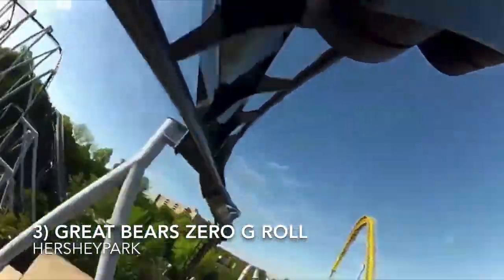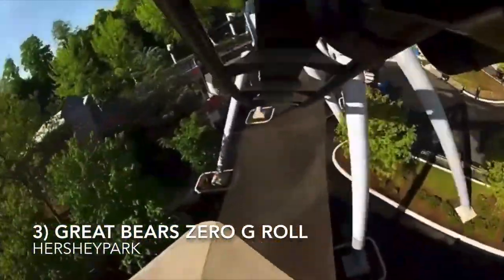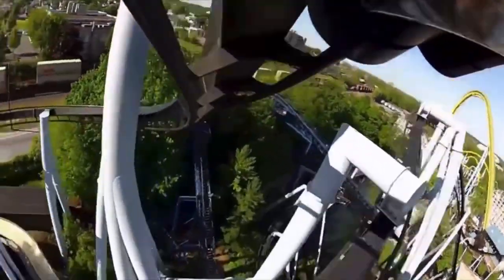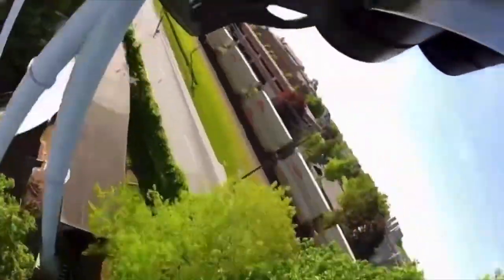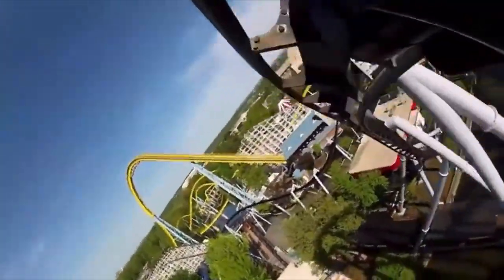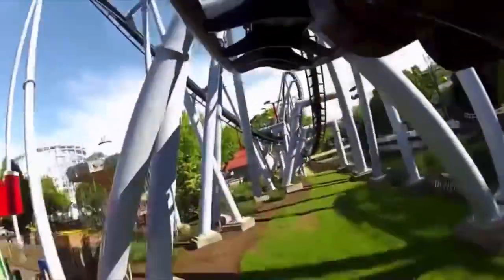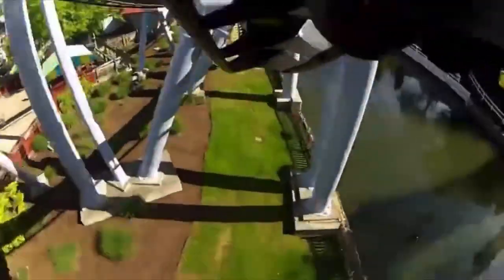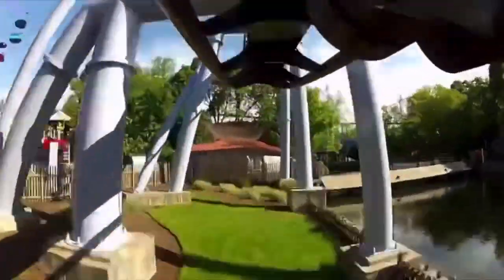Number 3 is the 0G roll on Great Bear at Hersheypark. Now, Great Bear is a very interesting invert. It's definitely my least favorite out of the ones I've ridden, and I felt this coaster was fairly forceless. I rode in the middle, so maybe it'd be better if I rode in the back. It has a more unique layout. It's a more drawn out kind of layout that uses the terrain very well, but I don't really like it. I think just because it's more drawn out, it makes elements less intense, and really the only